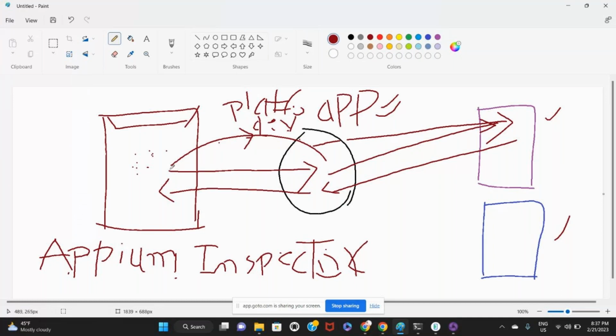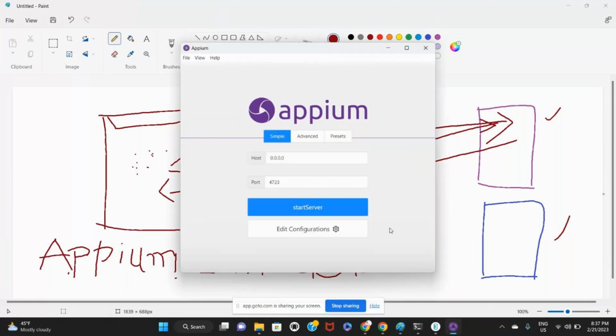So the first important thing that you need to understand is the communication remains the same, but the client libraries are being replaced by the Appium inspector. Appium inspector is a new tool that came into the picture right now, and for this also you need to get some installation done. In the earlier versions of Appium,